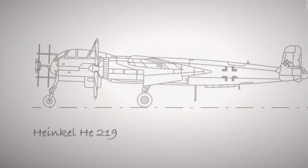It was the Heinkel 219. Mind you, it was a remarkable airplane because it was the first production aircraft with ejection seats for both crew. And it also had the thing that frightened the wits out of Bomber Command. It had a thing called Schräge Musik, which were two